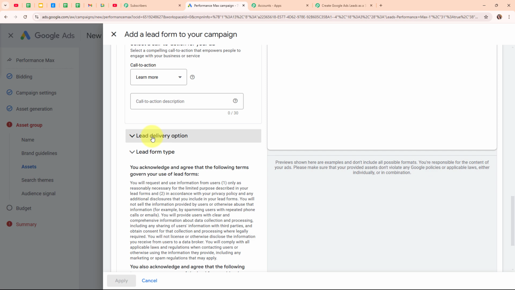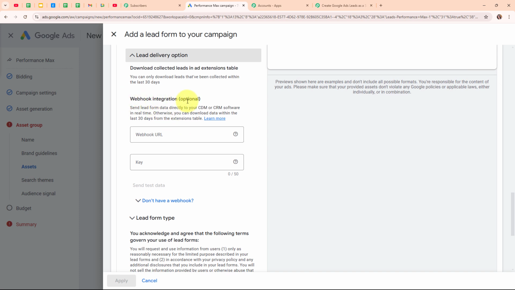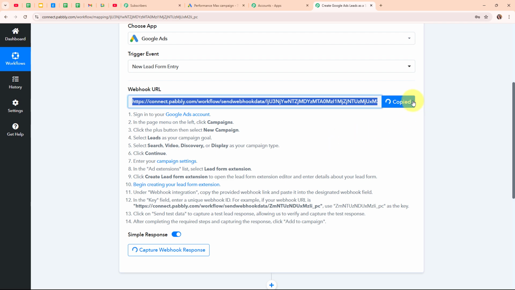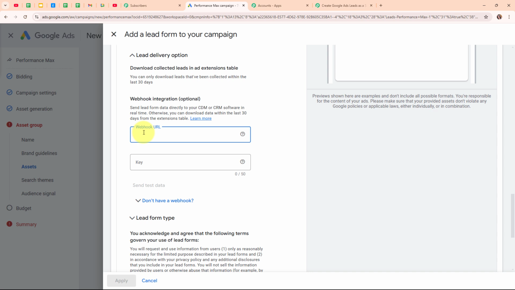And then you will receive an option for lead delivery option. So I'm going to select it. And here you can see we have received the option for webhook integration, where it is asking me to enter the webhook URL and the key. So I need to enter the webhook URL that I've received in my Pabbly workflow. I'm going to copy the webhook URL, move back to my Google Ads, and enter the webhook URL. Now after entering the webhook URL, it is asking me to enter the name for my key. So I'm going to enter the name as test over here,